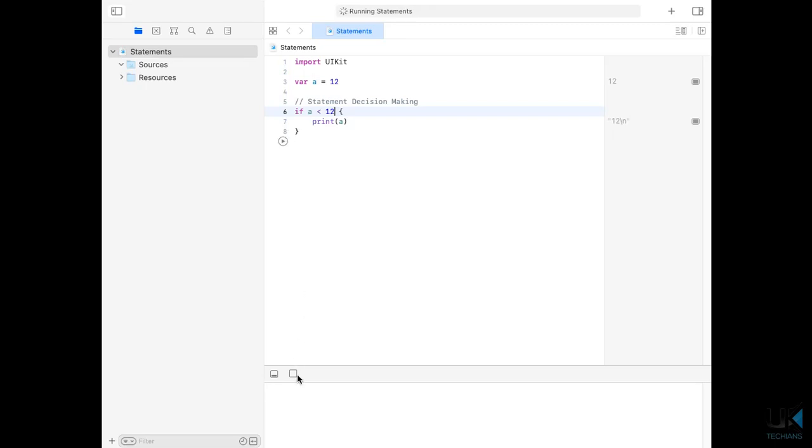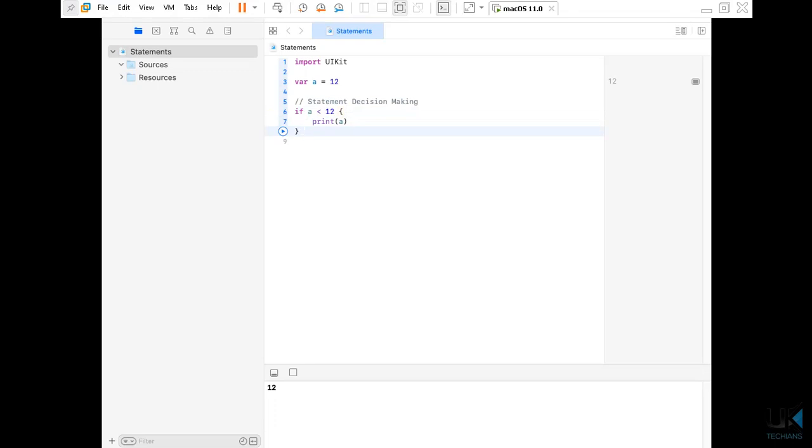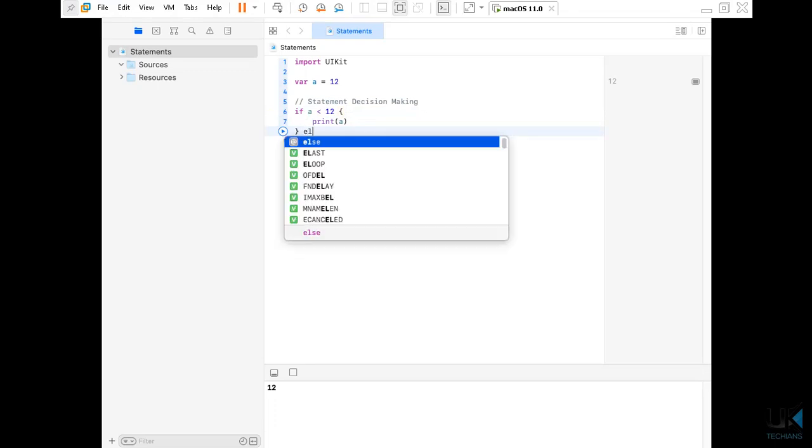Let's see. So it displays nothing. We said if a is less than 12, then print this. Because a is equal to 12, it doesn't print this. So what we will do, now we have to figure out how to write the else condition, else if condition. We say else if